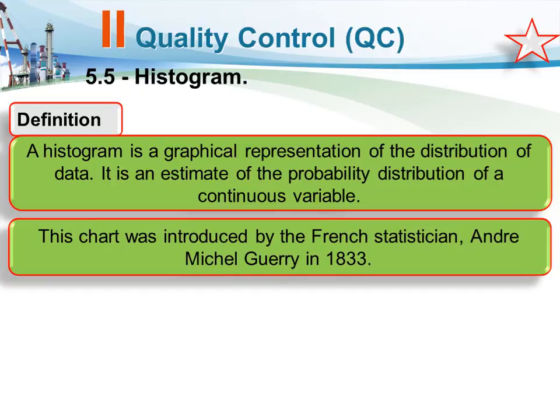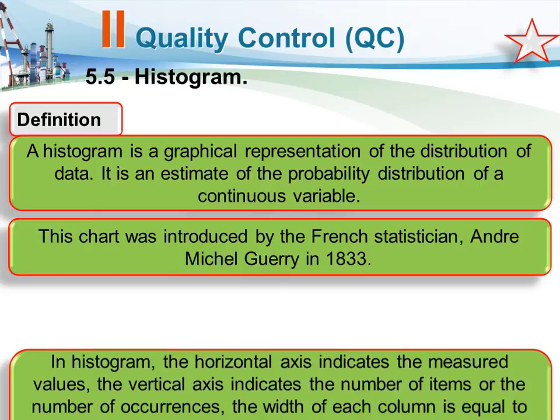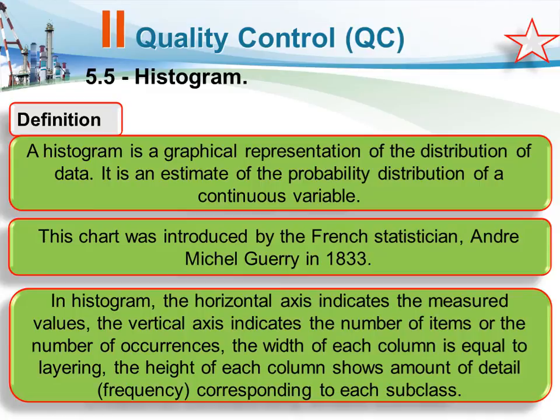The fifth quality control tool, histogram. Histogram is a graphical representation of the distribution of data. It's an estimate of the probability distribution of a continuous variable. This chart was introduced by the French statistician André-Michel Guerry in